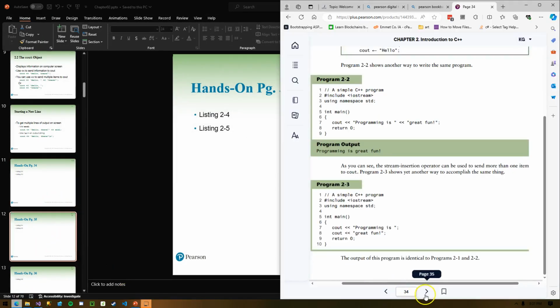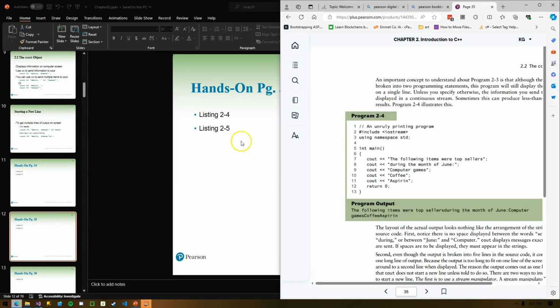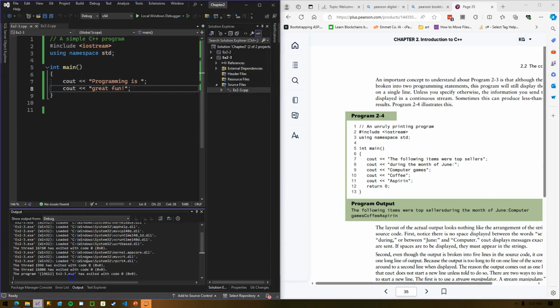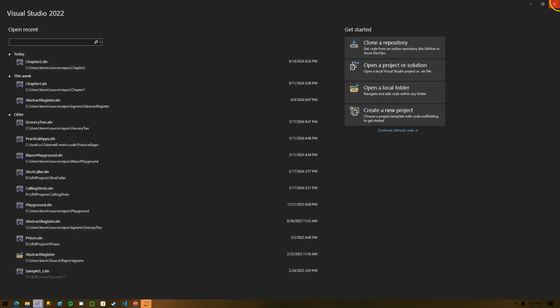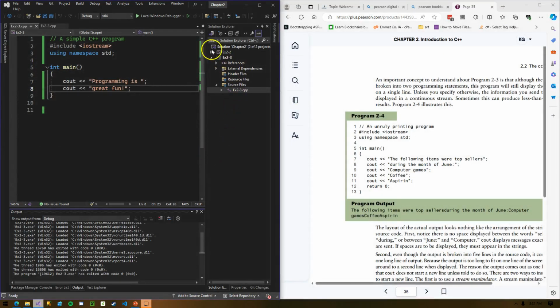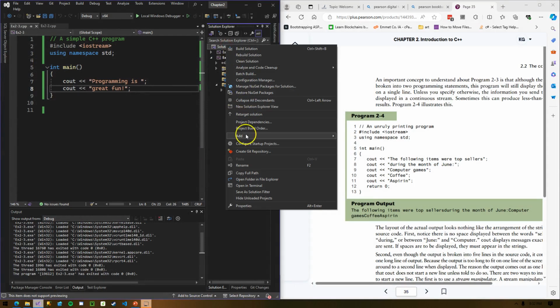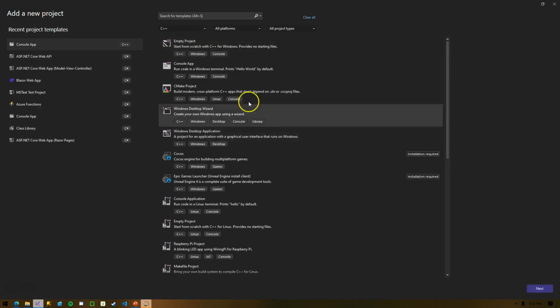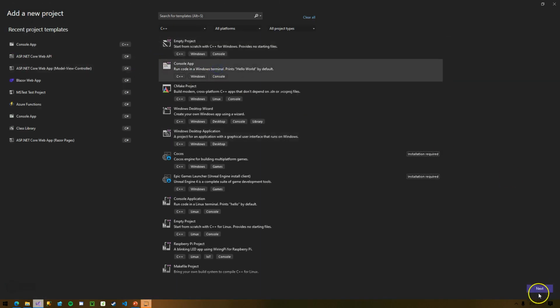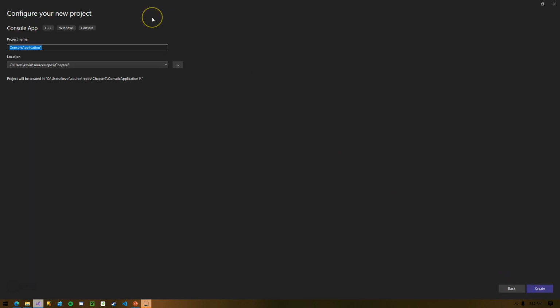Hands-on 2-4 and 2-5. I actually have another instance of Visual Studio open here. I'm going to close that. New project, console app, next, EX 2-4.